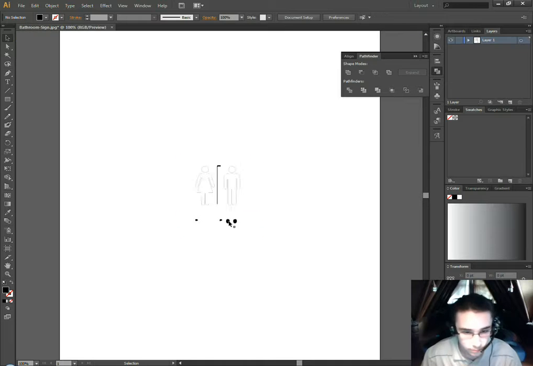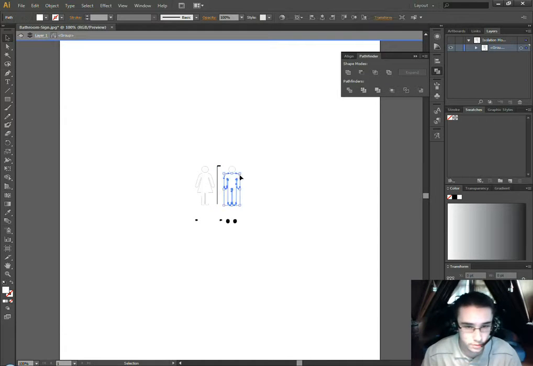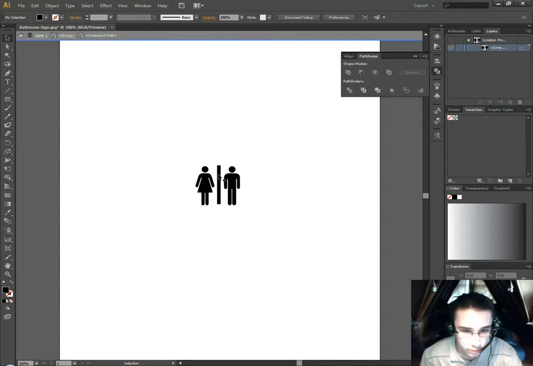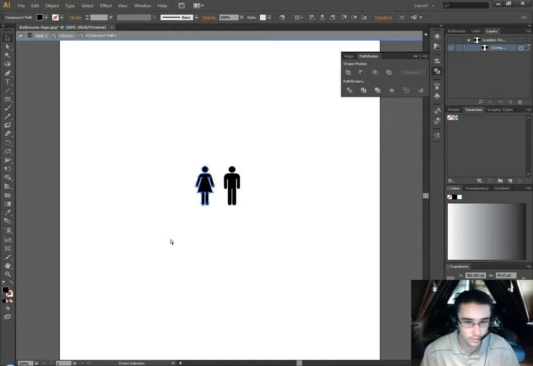Okay, so these are on separate pieces. So there we go. What we're going to have to do is find these separate paths and continue separating them until we actually get the end bits. Okay, let's copy the female out